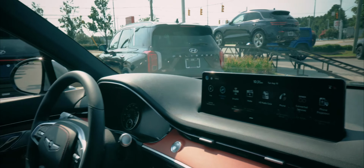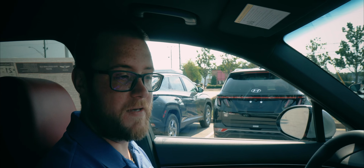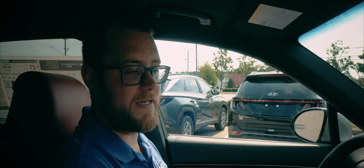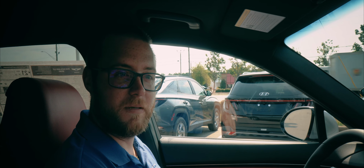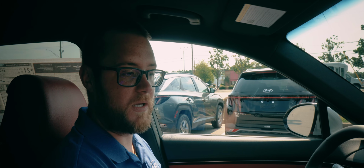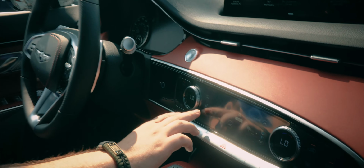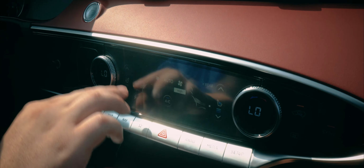A lot of people want those creature comforts in the vehicle. Like this one has got heated seats and ventilated seats. So those ventilated seats are going to take that nice cool air inside the vehicle on a hot day. It's going to push it up through the seat to kind of give you a bit more comfort, cool you down a lot quicker, and that's all adjustable right here on this touch climate control settings here. So you can adjust your heated or cooled seats,